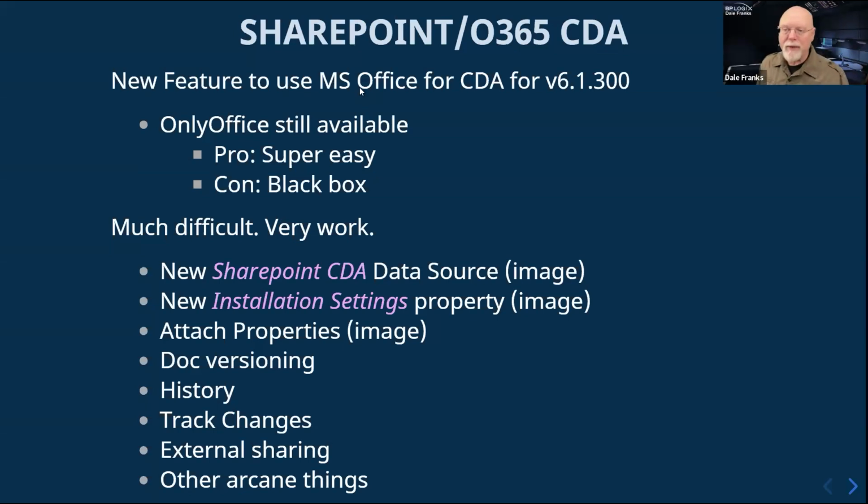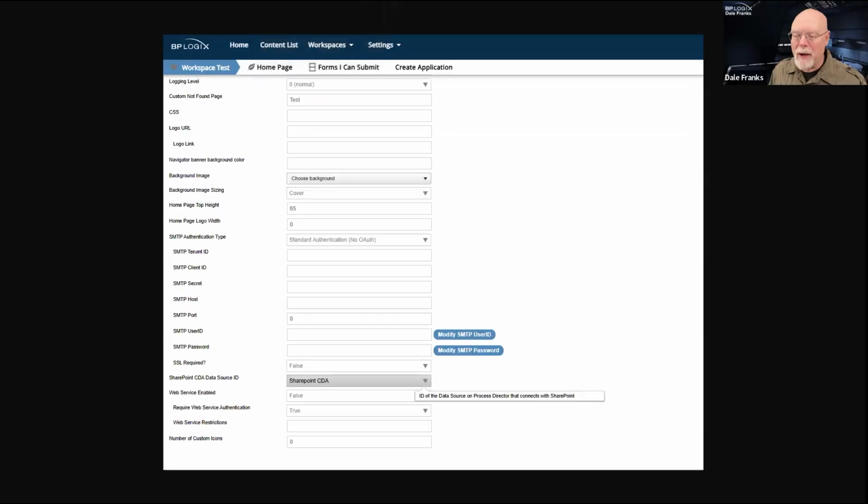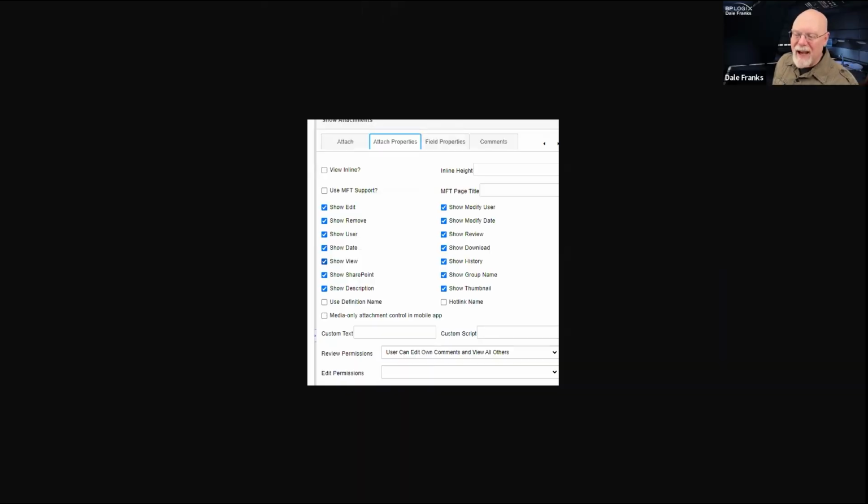For example, while it works really great in OnlyOffice, and it was fairly easy to implement, the attachment properties for attached documents. So the way that it's supposed to work is that you upload a document into your process. There's generally an upload and attach control on a form.